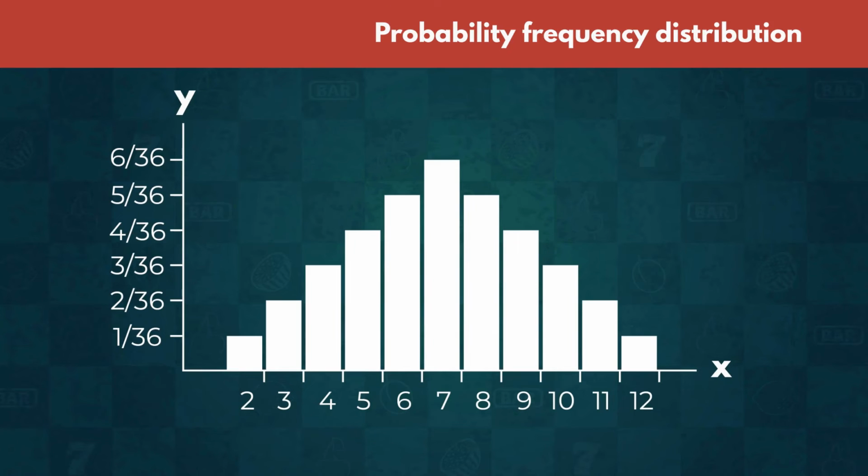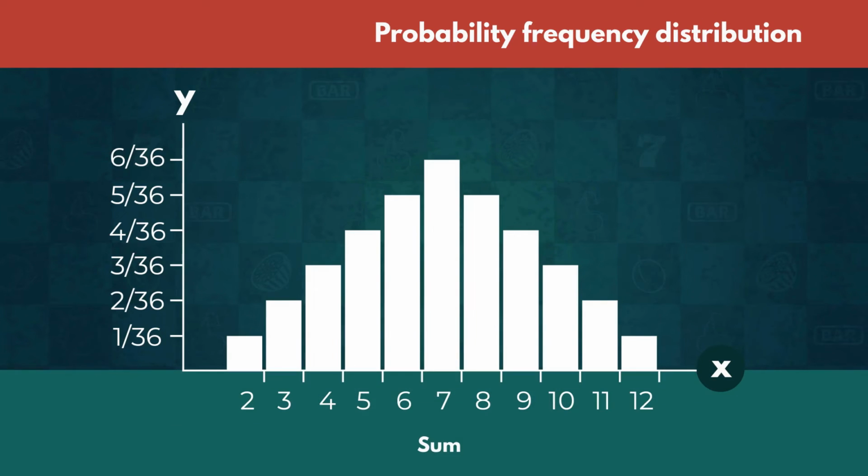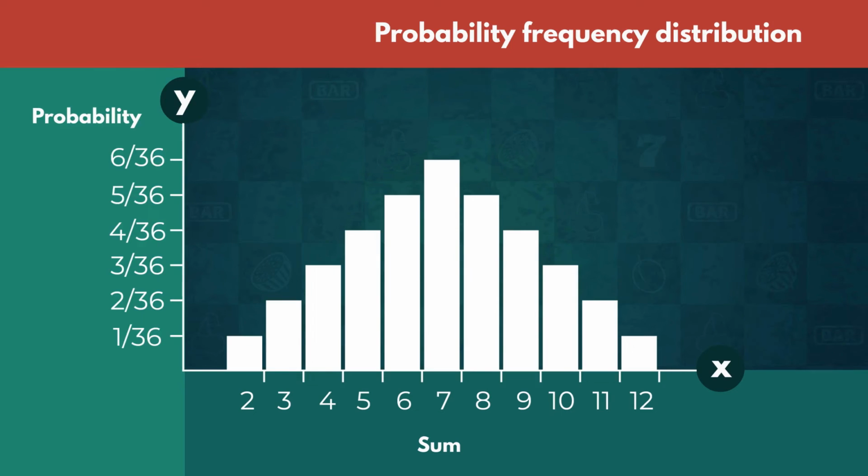All right. On the graph, we see the probability frequency distribution. The x-axis depicts the different possible numbers of spades we can get, and the y-axis represents the probability of getting each outcome. When making predictions, we generally want our interval to have the highest probability. We can see that the individual outcomes with the highest probability are the ones with the highest bars in the graph. Usually, the highest bars will form around the expected value. Thus, the values around it would also be the values with the highest probability. This suggests that if we want the interval with the highest probability, we should construct it around the expected value.